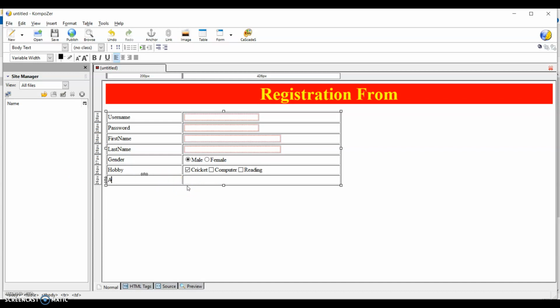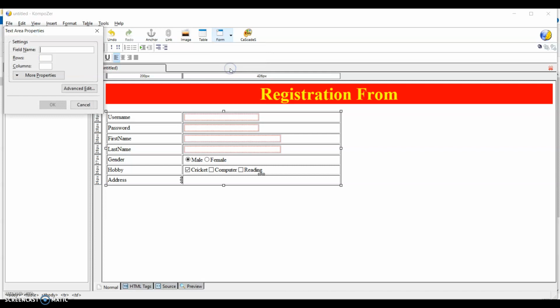Now we come to the address. Here you just see the address field, so you come to the form and textarea.